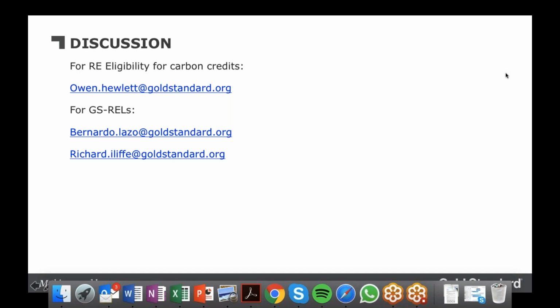But I'll stop there. Maybe just a quick summary again. We're basically restricting the eligibility of carbon credits to LDCs in developing countries. So those in upper middle and higher income countries will be restricted. And for those non-LDC countries remaining, eligibility will be restricted to technologies that are less than 3.5% of the installed capacity. Is basically what our proposal is. And just to reiterate, because I know this will be a major concern to those with portfolios of this type of project, this doesn't affect existing projects, and there'll be a grace period for those of you with projects that are currently under development with Gold Standard.